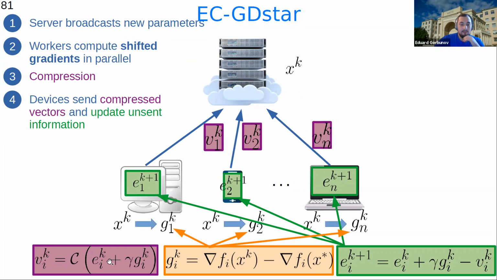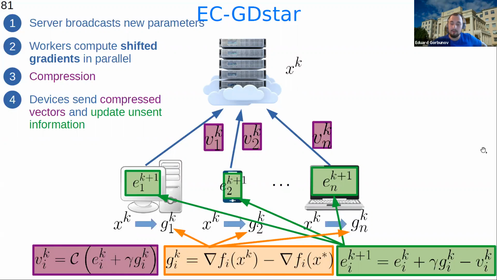Okay, imagine the situation when the memory is 0. Imagine the situation when the starting point is the solution of the method. So the good method should not go away from this point. The good method needs to stay at the solution, but when we use just gradients at xk, which is x star, for example, without these shifts, then